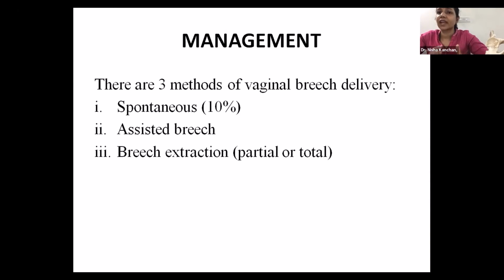More chances of causing fractures and injuries in the baby. So breech extraction, you do it when there is fetal distress or cord prolapse or some complication, not routinely done. And breech extraction should be done under general anesthesia because it is painful for the mother. Spontaneous rarely happens: dead baby, premature babies. The mode of delivery of vaginal breech is assisted breech delivery. Breech extraction is in rare situations where from the buttocks to the head, you are pulling and delivering the baby or pushing it from top and delivering the baby.